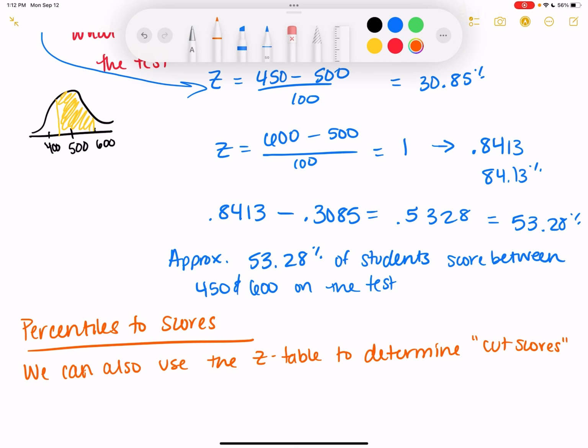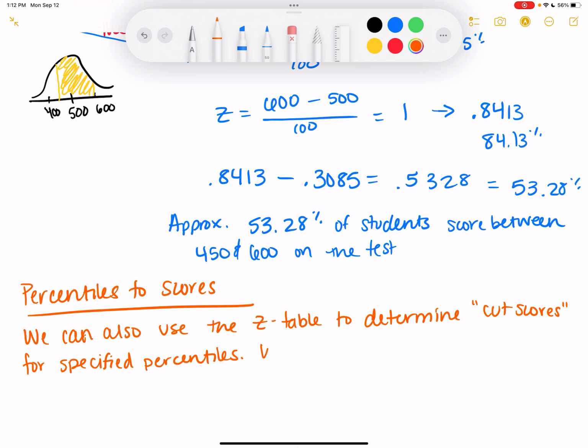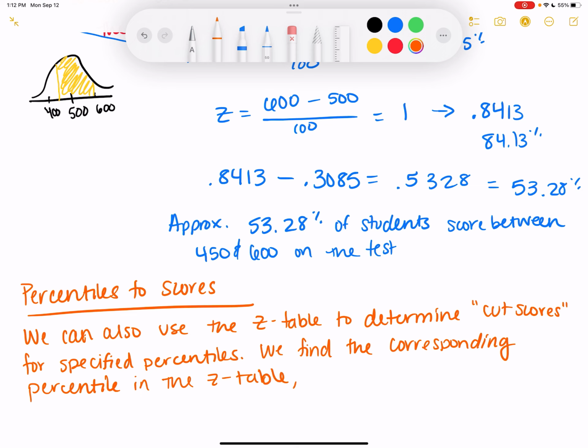For specified percentiles, we find the corresponding percentile in the z-table, translate it to a z-score,